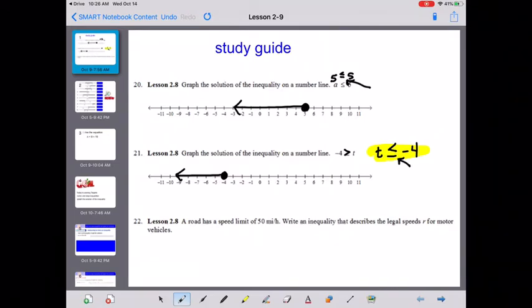And by now you have noticed that anytime there's this equal to in the symbol, that circle is always filled in. The next question on our study guide is, a road has a speed limit of 50 miles per hour. Write an inequality that describes the legal speeds for